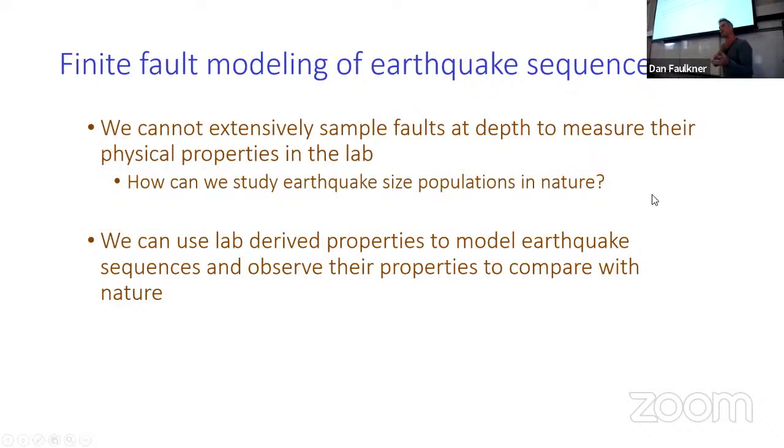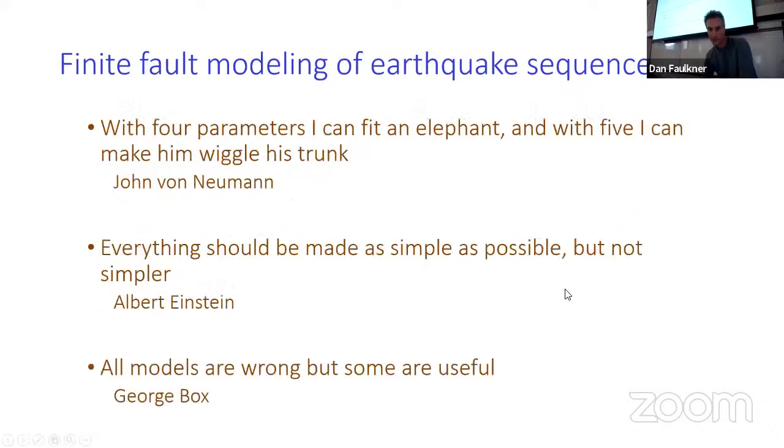So we have to kind of have a different approach to studying these big events, I think. And the scale at which we do our lab experiments isn't really enough to capture what's going on just there as well. So we've been working for a number of years now with a modeling group in Caltech who produce these beautiful models which basically take our lab data as best they can, and they try to predict sequences of earthquakes, so numbers of earthquakes that happen on a fault which they can just load up in their numerical models.